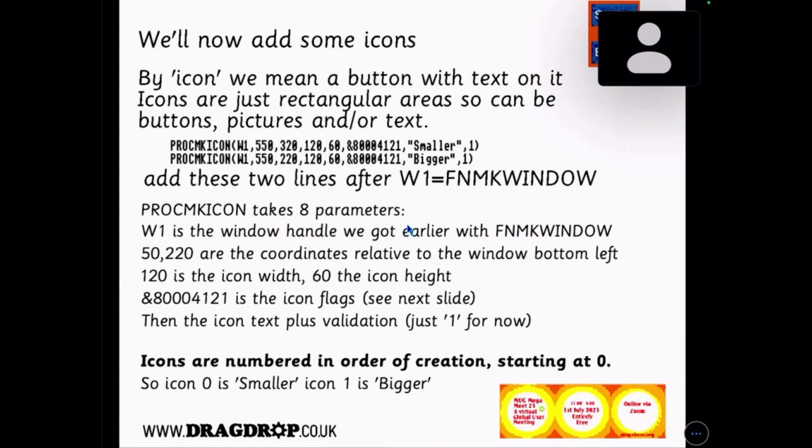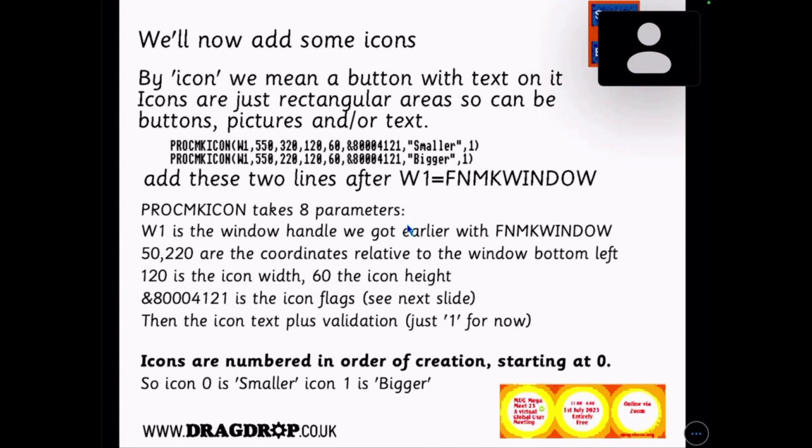Again, giving over the window handle, some coordinates, which, rather like the window definition we came across earlier, just tell RISC where the bottom left corner of the icon is, and the length and the height of the icon. Then there's another rather complicated number there, which technically we call icon flags, but